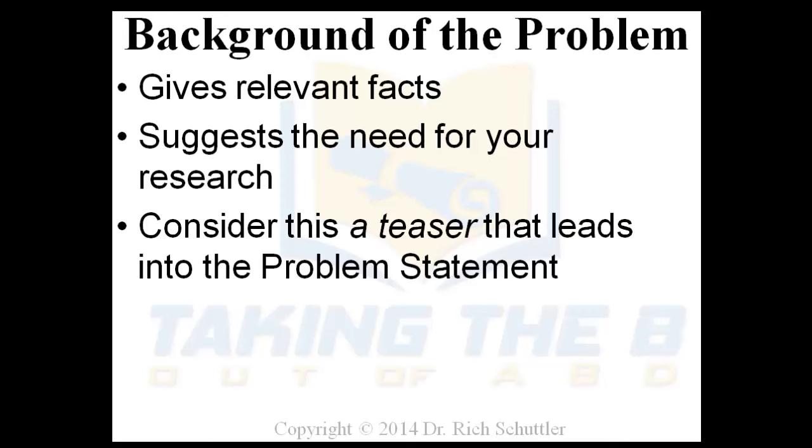Consider this section as a teaser that leads into the problem statement, that this section provides that quick background information, provides some severity of the problem, and it helps the reader to move along from what's happened in the past, and then the problem statement is going to provide what the situation is today. So think of these two sections that they go together. First, the background of the problem shows some information, some insights substantiated with some facts that shows how the problem came to be at a very high level, and then the problem statement goes into showing what the general problem literally is today and where it is a problem at, and that would be where your research is being done.